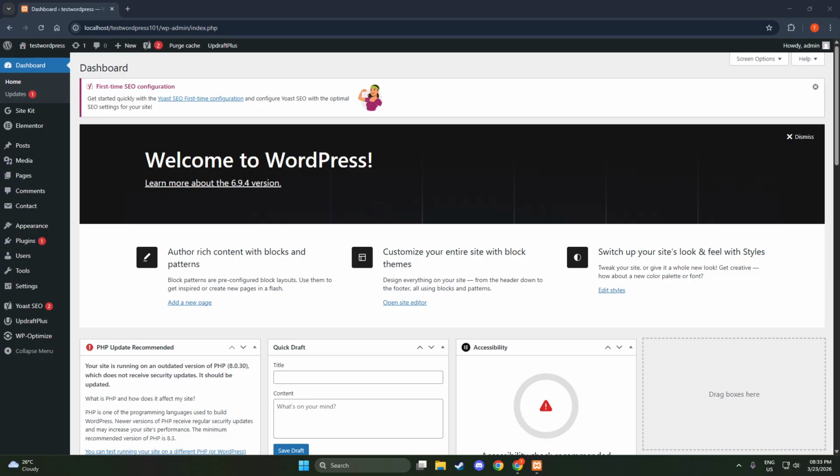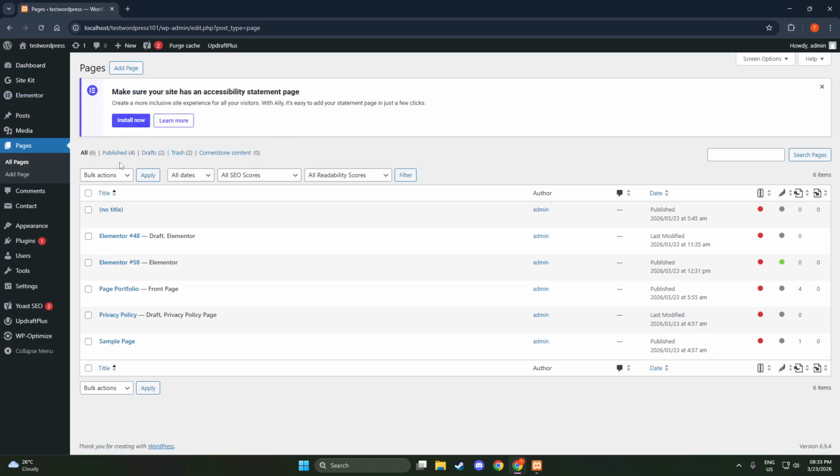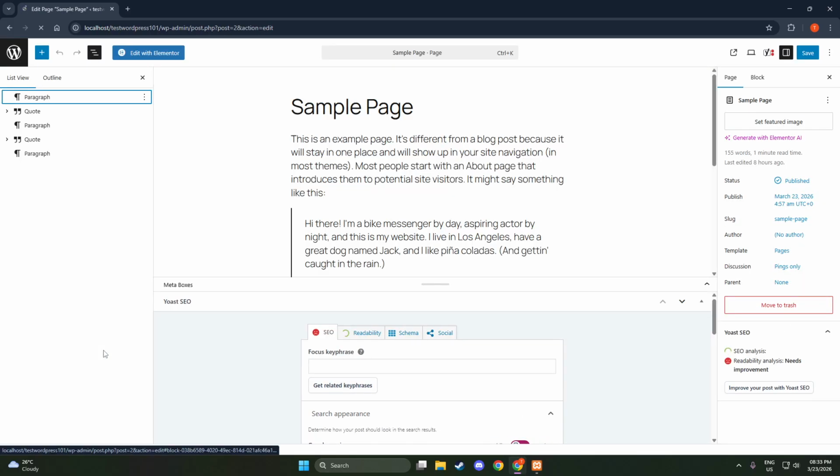First, open the page in the Elementor editor. From your WordPress dashboard, go to the page you want to save, then click Edit with Elementor. If you're starting from a new page, you can open it and launch Elementor the same way. Give the editor a moment to load fully so all your widgets and styles are visible. It's a good idea to scan the page and make sure everything looks the way you want before you save it as a template.